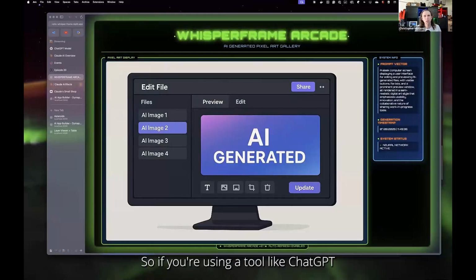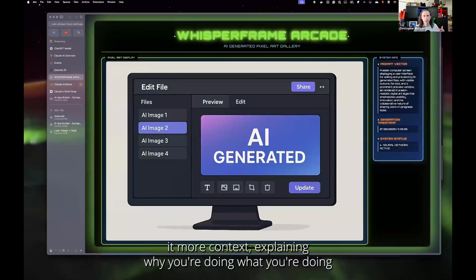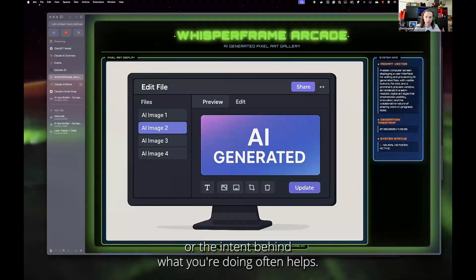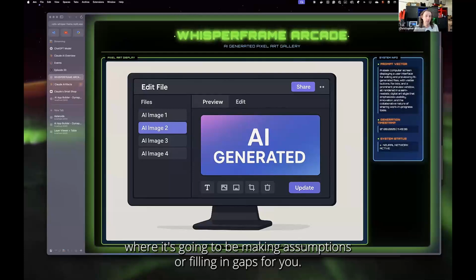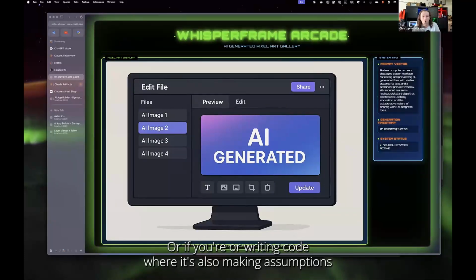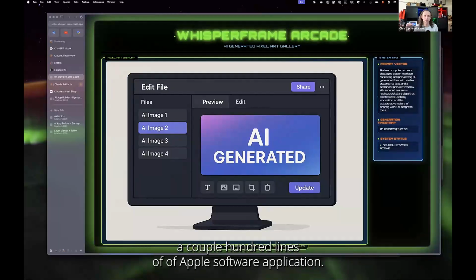So if you're using a tool like ChatGPT or Claude or Grok or Gemini, any of those where you're talking to the AI in a chat context, giving it more context, explaining why you're doing what you're doing or the intent behind what you're doing often helps it make better decisions, especially if you're having it write a document where it's going to be making assumptions or filling in gaps for you, or if you're writing code where it's also making assumptions and filling in gaps because you're going from a paragraph of text to a couple of hundred lines of software application.